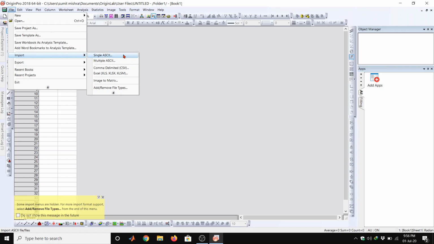So first option is single ASCII, second option is multiple ASCII. So if you want to import single .dat file, ASCII data files means these are text files containing only data. So if you want to import only single file, then you should click on single ASCII button, and if you want to import multiple files, then you should select multiple ASCII.